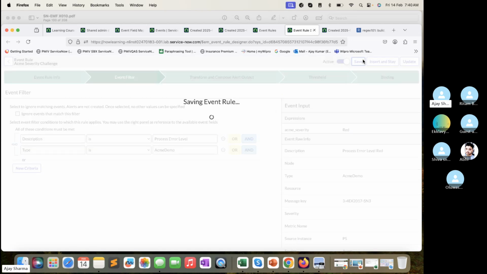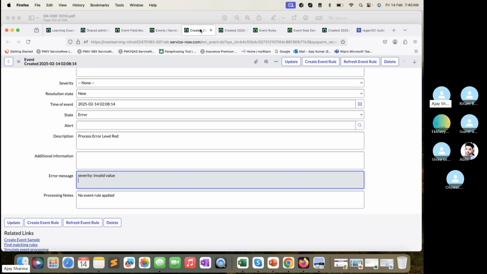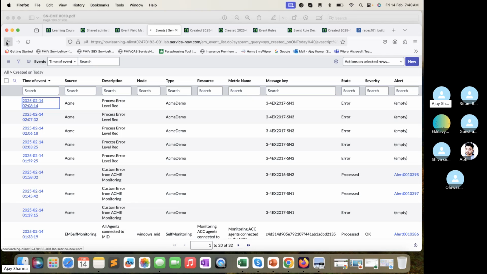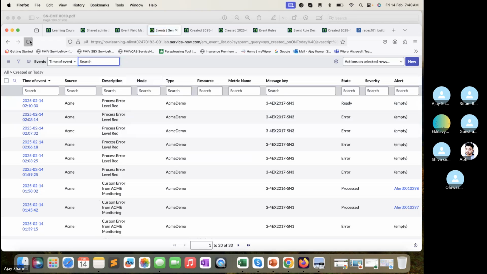Oh, that's a small thing that I'm remembering. If your condition is not matching, that event rule is not going to be triggered. That's the case here, right? So let me do it again. Let me generate an event again. Let's see now. Thank you, Michael, for highlighting that issue. I hope this time it's working. If I'm not wrong, no,